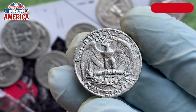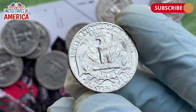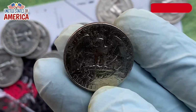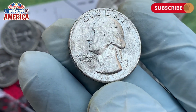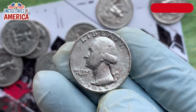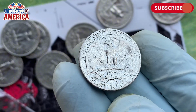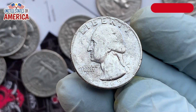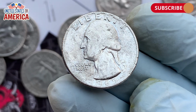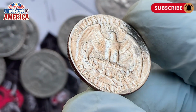The 1965 quarter emerged at a time when America was undergoing significant change. It was part of a broader movement toward modernizing coinage that aimed to reflect the nation's evolving identity. Designed with meticulous care, this quarter was created during a period when coin collectors began to pay closer attention to minting details, and its production coincided with a cultural shift that saw coins becoming a canvas for American heritage. Collectors who appreciate history will find that the coin's era and design speak volumes about the economic optimism and technical